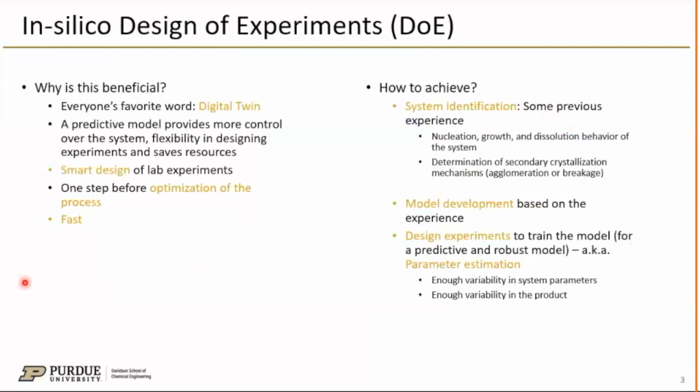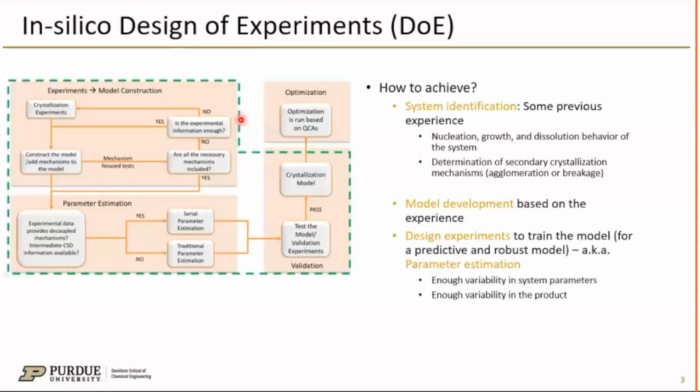For that purpose, here we propose and demonstrate a workflow to have a tool which will help to predict the crystal size and shape with changing process parameters and to optimize the process. This tool, as everyone calls it as digital twin nowadays, is aimed to assist people in exploiting the experimental design space without heavy experimentation. For developing a predictive tool here, we suggest a roadmap starting from getting to know your